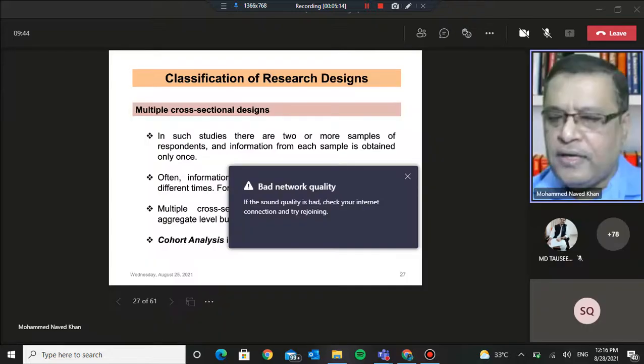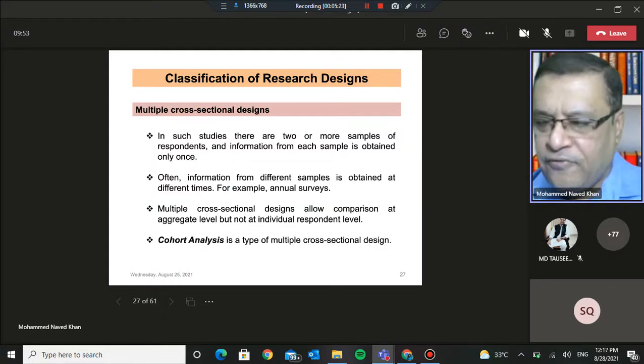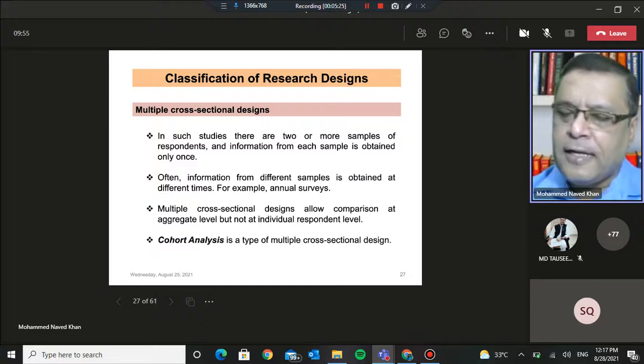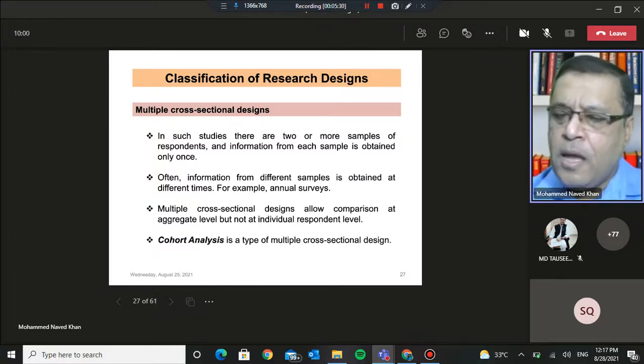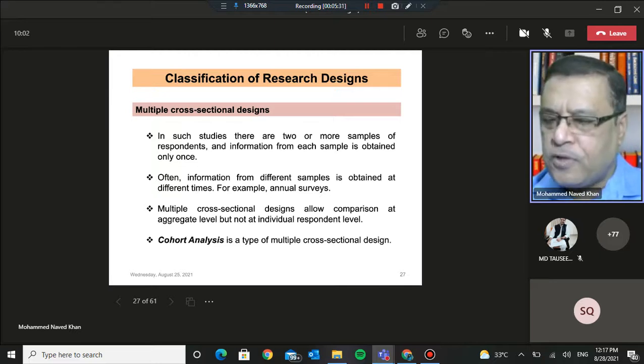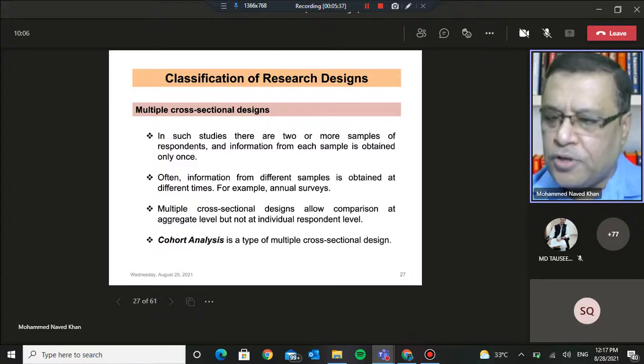This means that the research instrument remains the same all through. Research instrument, that is the questionnaire, remains the same. If, for example, we change the research instrument, that is the questionnaire, every time we approach, then what may happen is that at times the change in response, or the shift in response, may not be an actual shift in response, but the shift may be simply appearing before us because there has been a change in the questionnaire itself. So we have to be careful when we are comparing responses, in case the questionnaire itself has been changed in subsequent administrations.